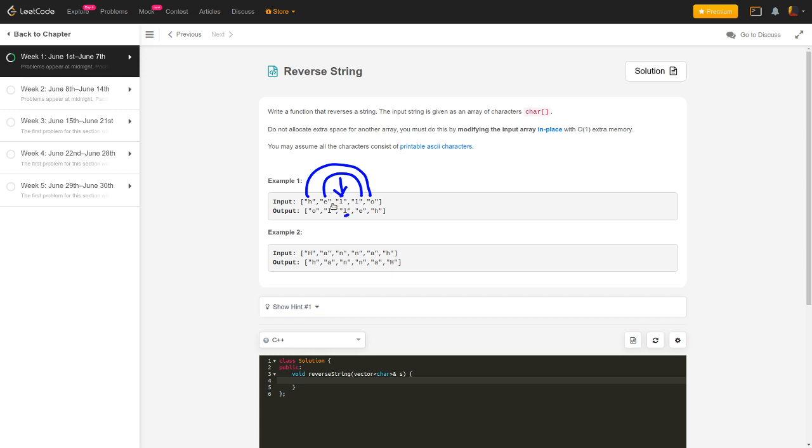But you have to stop here, because if you keep continuing, if you swap the fourth one with the second one, then again this L and E will get swapped and it will again become E and L. So you have to stop your algorithm before the half of the vector or half of this string appears. So this is the case where the length of the string is odd, and this is the case where the length of the string is even. Just consider both of these cases.